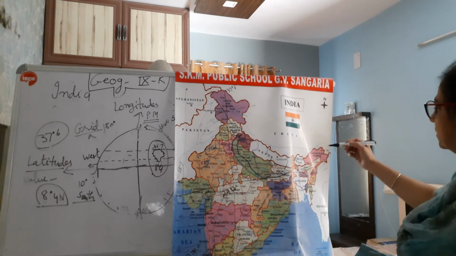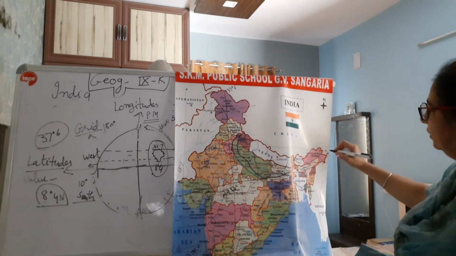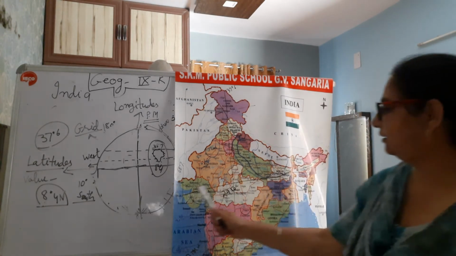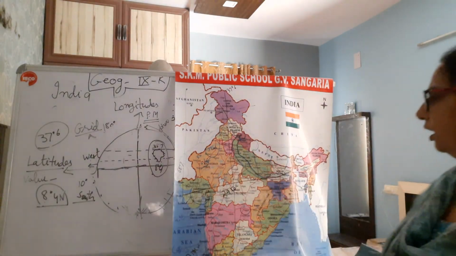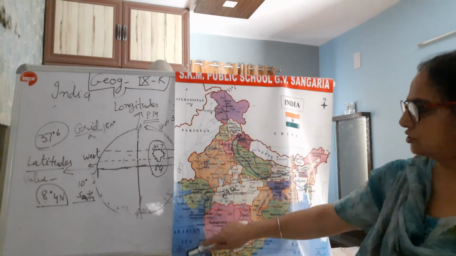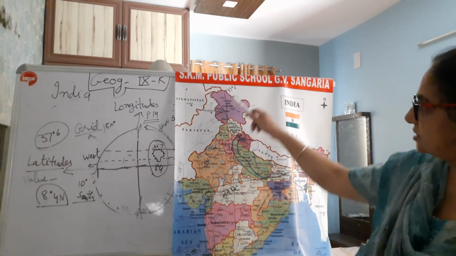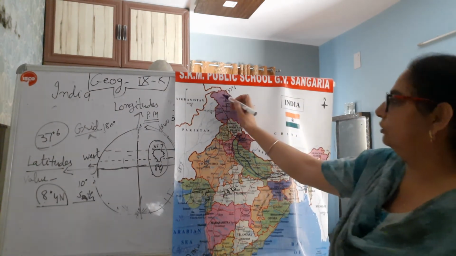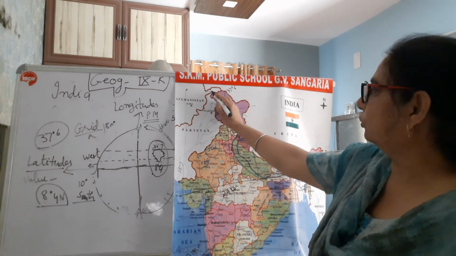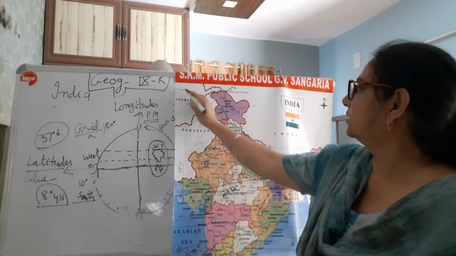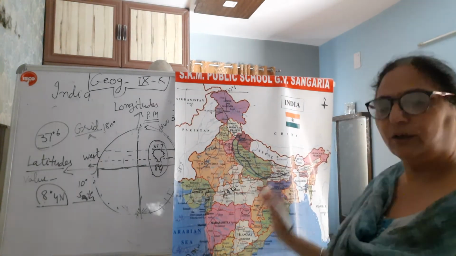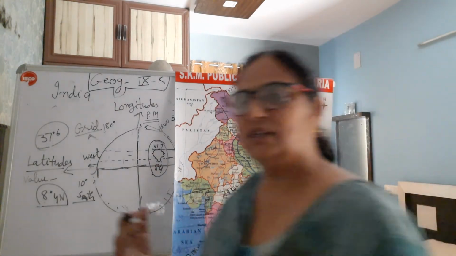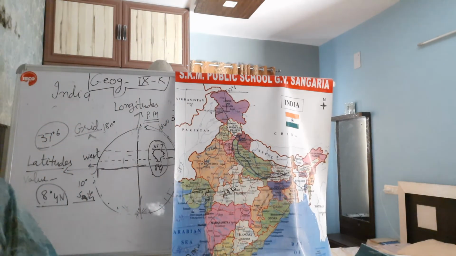It is 97 degree something. So exactly from here to here. That is all about the longitudinal value, and this is our latitudinal value. Please take care, latitudinal value we are taking from these lines, okay, longitudinal value we are taking from vertical lines. Don't get confused here. Usually students get confused regarding this.